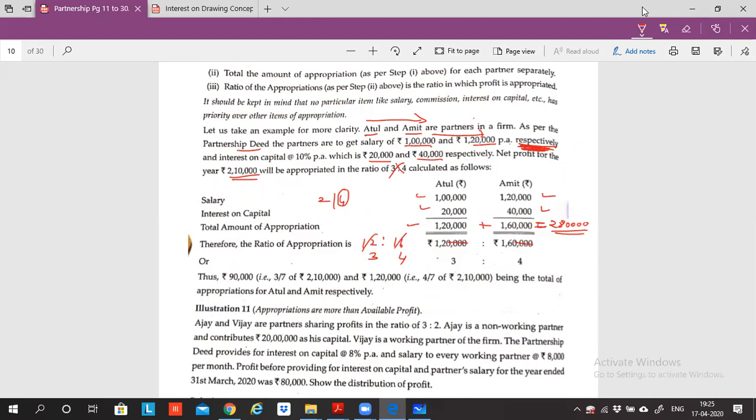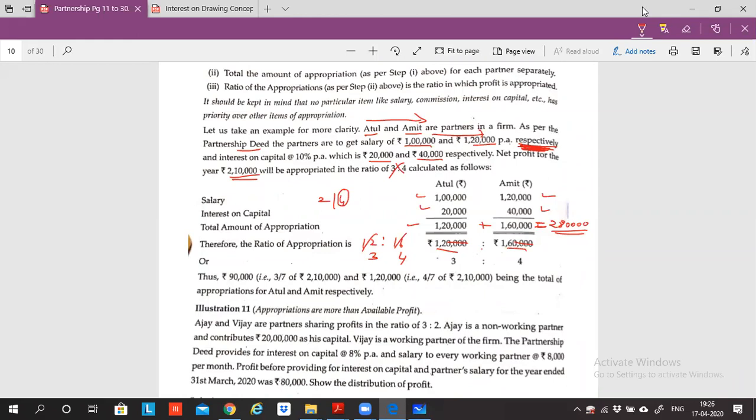Are you able to follow how this ratio is derived, 3:4? Yes, sir. What I did is, first I totaled the amount which I have to pay each partner. Put this total is to this total. Eliminate the common zeros. Then take whatever amount is left and try to divide these two with a common multiple. Yes, thank you for helping me out. So divide this with common multiples. In this case, in the multiplication table of 4, I can divide both numbers. So 4 3s are 12, 4 4s are 16, right?